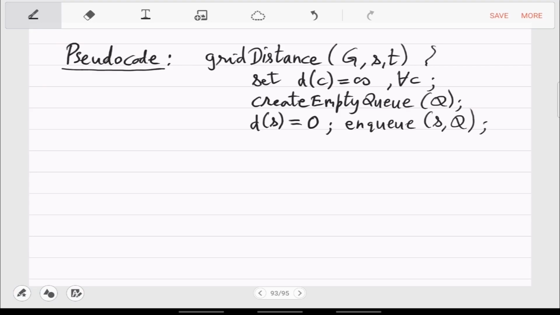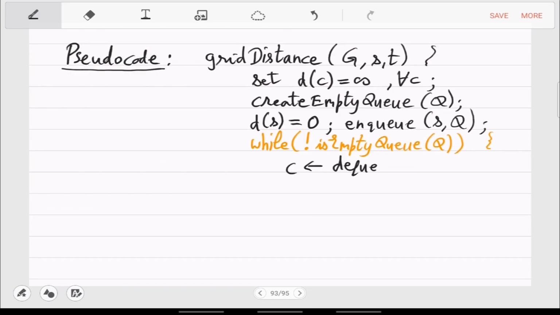So the loop is the following: while not is empty queue, you dequeue, get C, and go over all the neighbors.